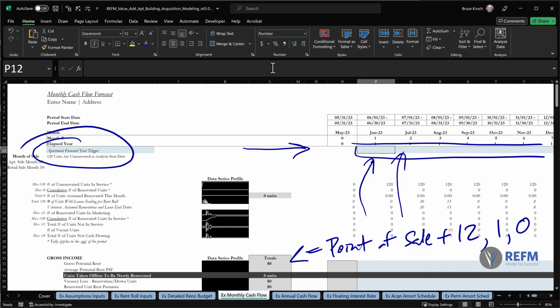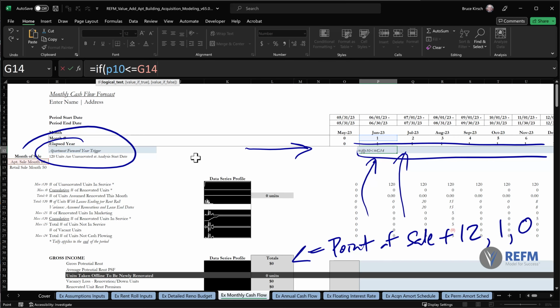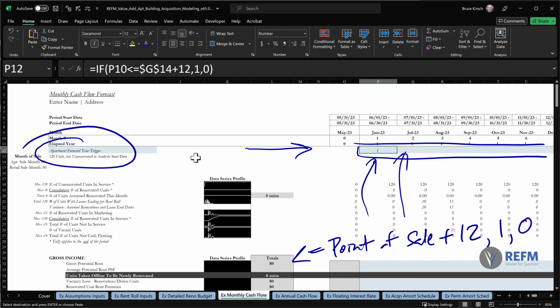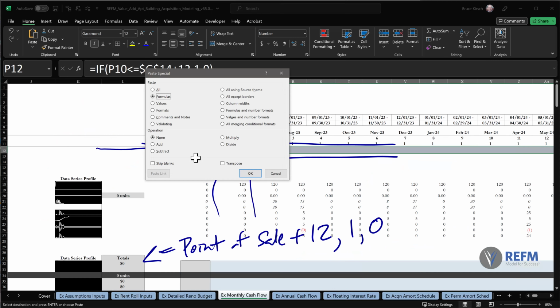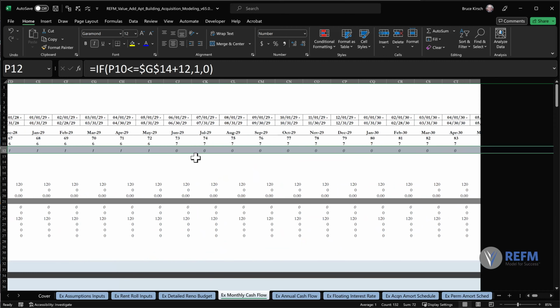And so we'll write this formula as follows: equals IF P10 is less than or equal to the point of sale, which is in G14, plus 12, then return a 1, otherwise return a 0. Hit enter, copy and paste this all the way out, and we can take a look out to see what happens in this case